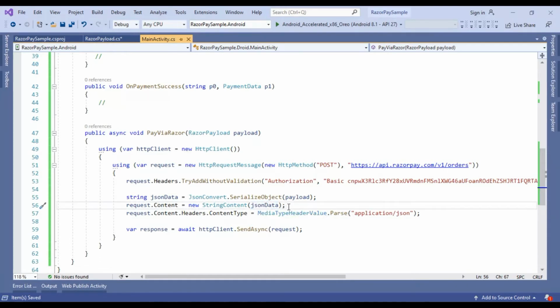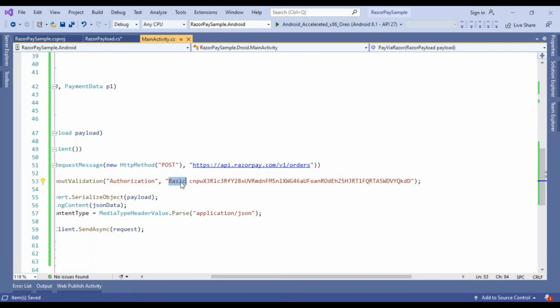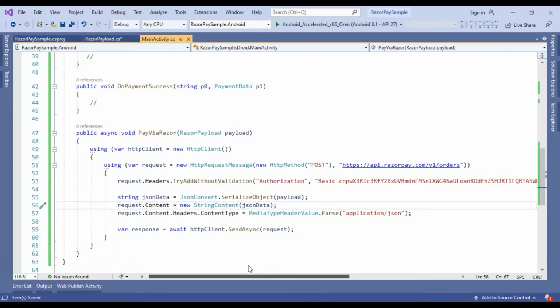Now we need to do one thing. Here you can notice that the request header automatically adds an authorization attribute, and this is using basic authentication. You can use it directly here, and if you don't know how to create this base64 string, you can also use the username and password programmatically to create it.